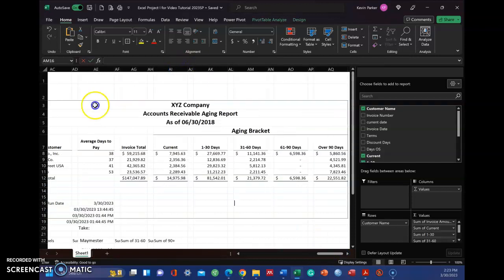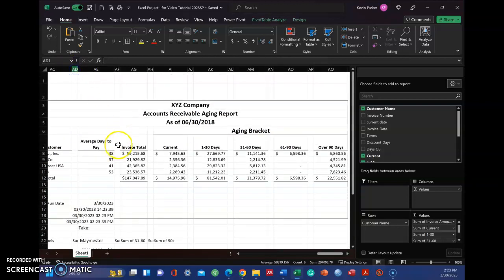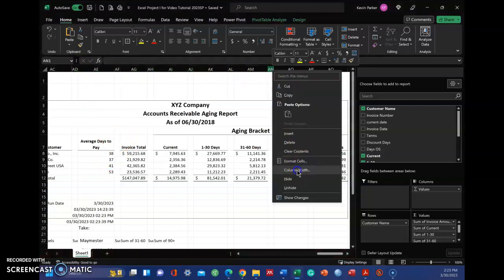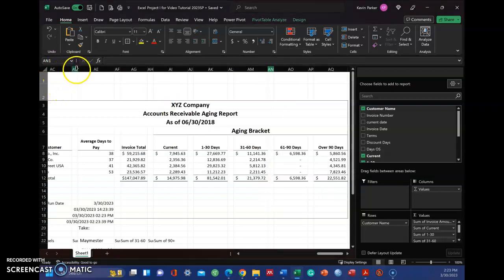So here's your agent report, and I think it looks nicer when you have little columns here. And so once you insert your blank columns into your work, it's just not letting me do anything. Into your work, you can size them. These are 2. The column width is 2. Right here, 2, and you can hit Control, and you can see how they're